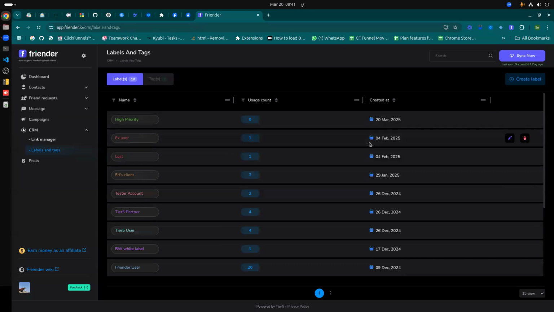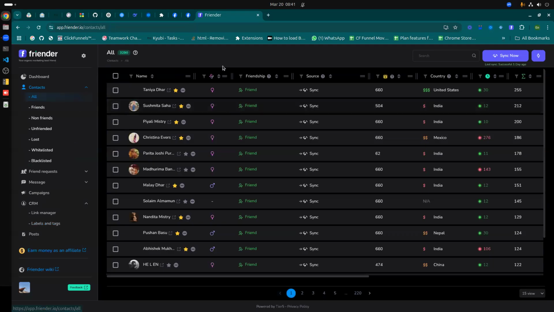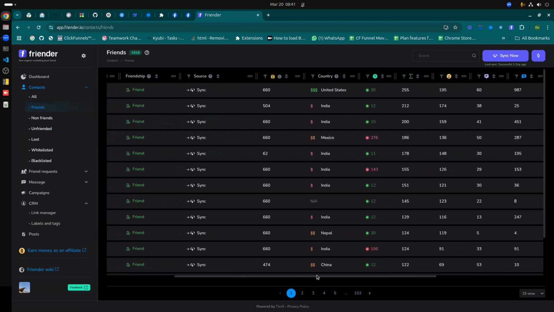Now the other two levels I will create from two different places. Just for now, I have created the high priority level from this levels list. Now I can go back to my contacts list, where I can go to all contacts, where I'll see 3290, the total contacts that you have in your Friendr account. Or I can directly go to my friends list, and over there, if you scroll a bit right, then